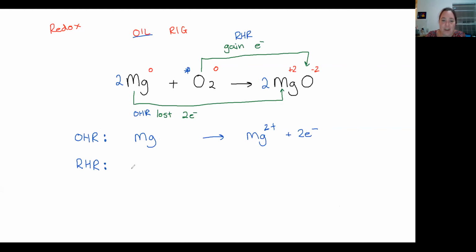Our reduction half reaction starts with oxygen, and it goes to O2-. Now, this is where it gets a bit confusing. Oxygen is diatomic, so it's got 2 oxygen atoms. So from it, we must make 2 oxygen ions. Each of those oxygen ions needs 2 electrons, so we actually have to pick up a total of 4 electrons,